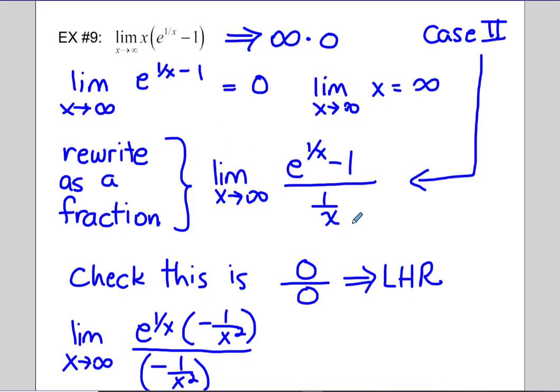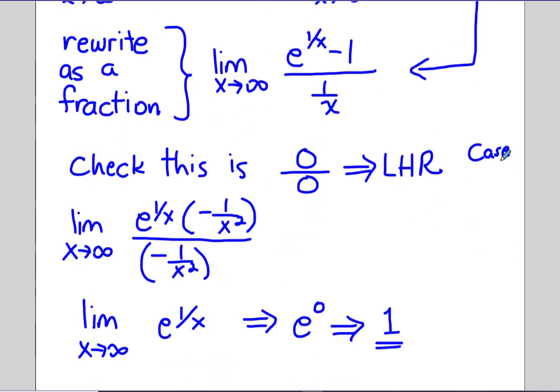We move the x to 1 over x in the denominator, and then checking the limit at infinity on the numerator led to 0. Checking the limit at infinity on the denominator led to 0. So this gave us L'Hopital's rule. Now we're back to case 1,